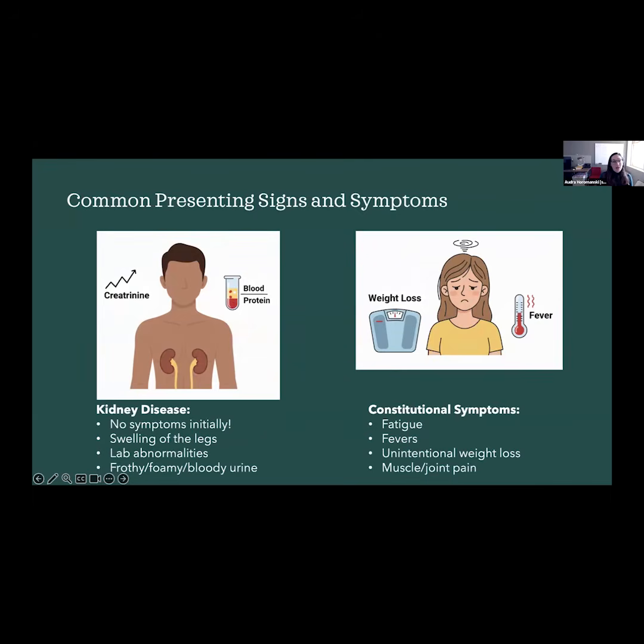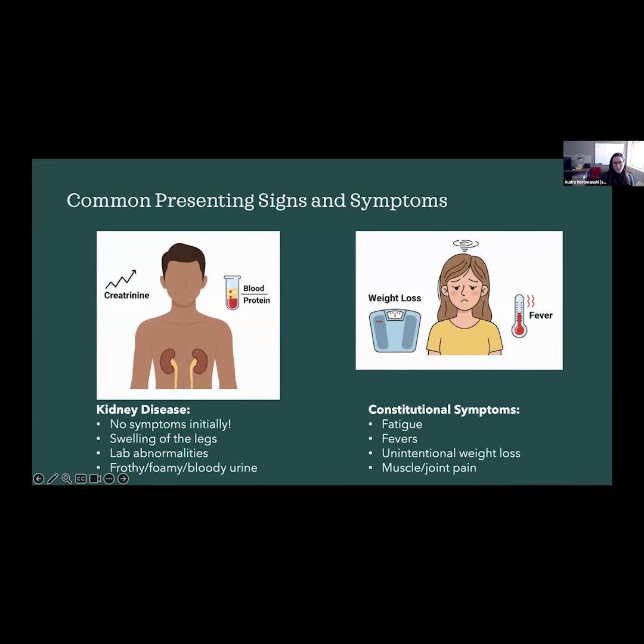Patients can get swelling of the legs, and they can get various laboratory abnormalities. On the photo here, it shows an increase in creatinine. Blood and protein in the urine are the hallmark of the urinalysis findings that we'll see. Sometimes in very advanced cases, patients will get frothy or foamy urine, and very rarely patients will get frankly bloody urine that you can see. We most commonly see blood in the urine that is visible on urinalysis, or the urine test, but isn't visible